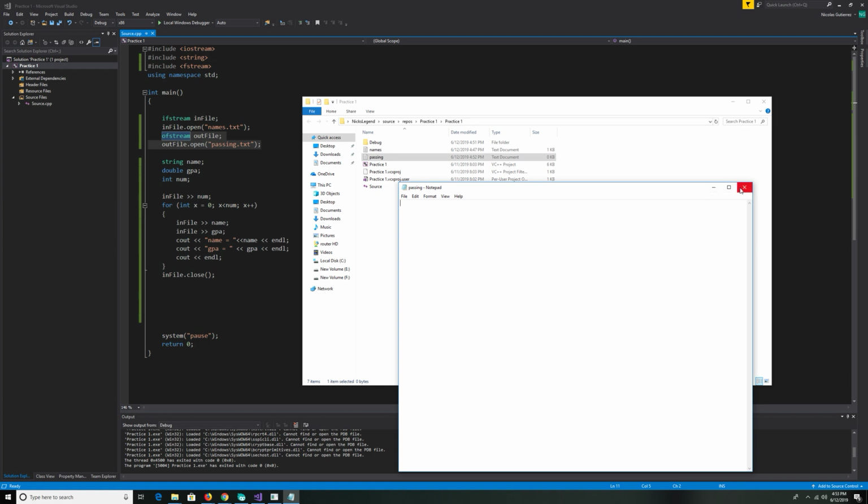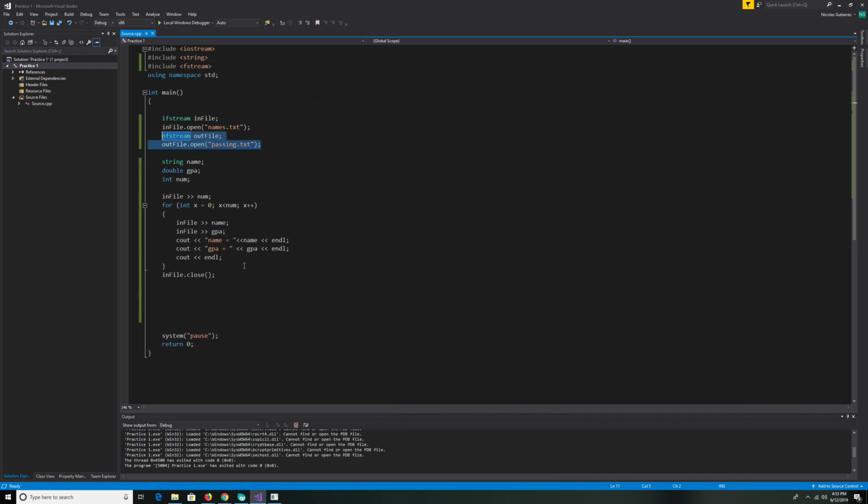Okay, so let's go ahead and decide what's going to go inside this file. I'm going to inFile the number of users there are. It's going to go that many times. I'm infiling, I'm getting their names, their GPAs. Now what I'm going to do here, I am going to if GPA is greater than a 2, let's make it greater than a 2.5. Alright, so if the GPA is greater than a 2.5, I am going to